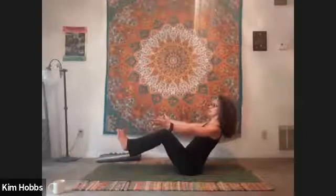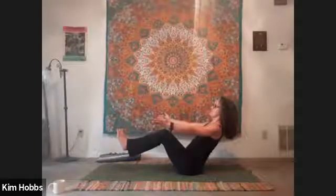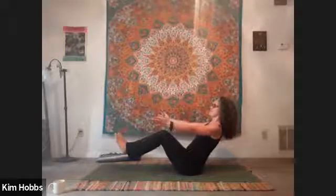And then we'll take that Kapalabhati breath here again. So take a deep breath in through the nose. Exhale fully. Inhale and begin. Couple more breaths here. Continue that Kapalabhati, pumping out the belly. Inhale fully. And exhale, bring the soles of the feet together, knees go out wide apart, and begin to round